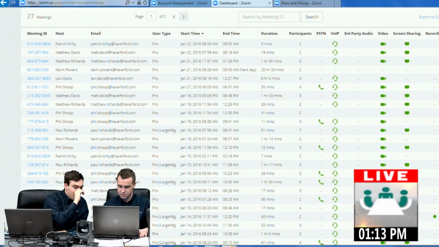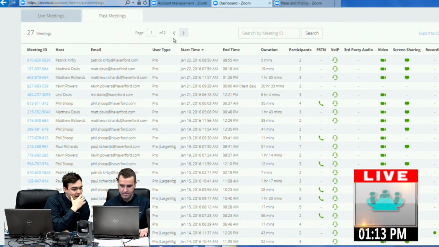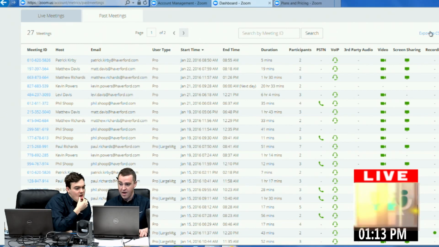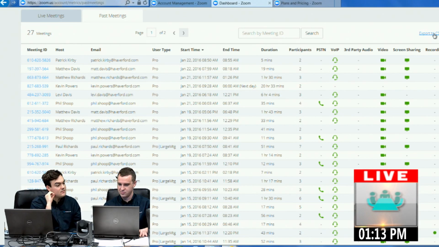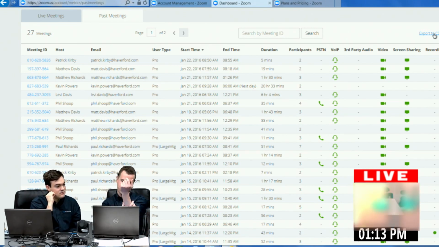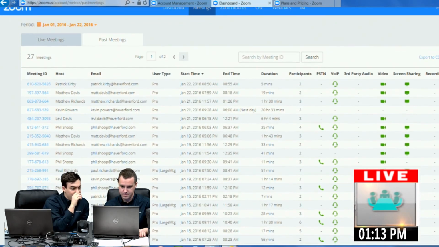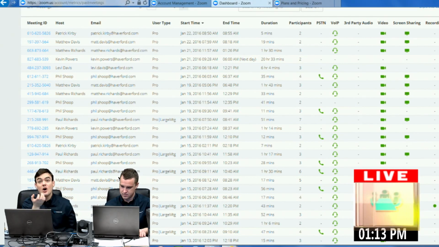Can you sort by email or no? This is search by meeting ID. Oh, okay. It doesn't look like on this email part you can sort by that. No. Okay. You sort by start time, and up here we can export to a CSV. So you can get it into a usable Excel format. Once you get it into Excel, you can do almost anything. Yeah, almost anything. You might need to upload it to Google Sheets or get it into some type of Excel program. But as you can see here, we've got all the data, and we can start making decisions